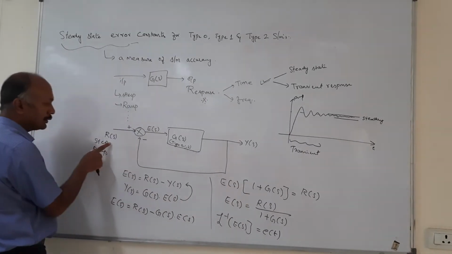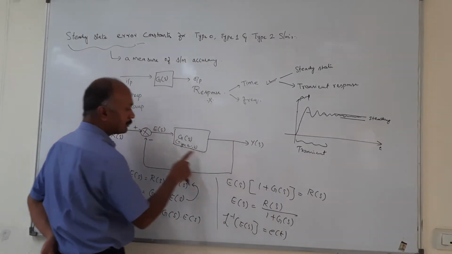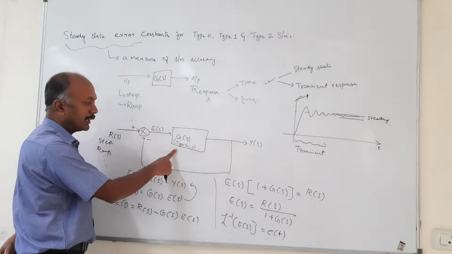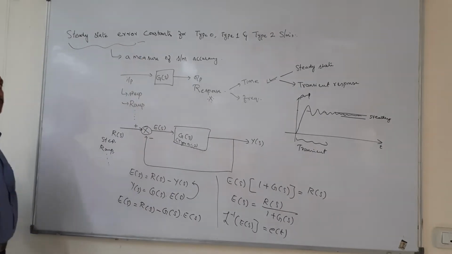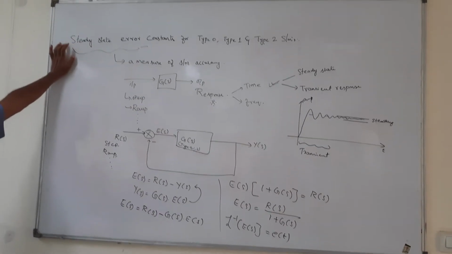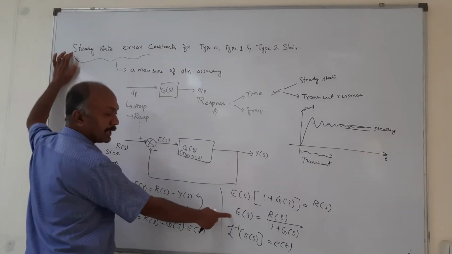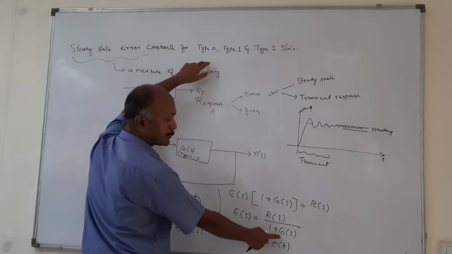R(s) is nothing but your input or input function. G(s) is nothing but the system that you have. Either this may be type 0, type 1 or type 2. Now recall the title. What is our objective here? Our objective is to find the steady state error constant, this particular value E(s)